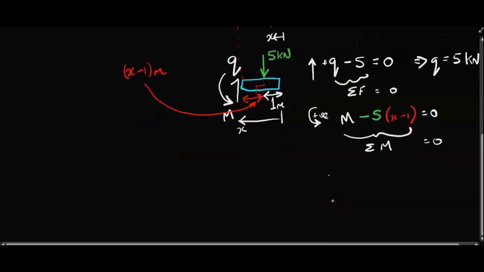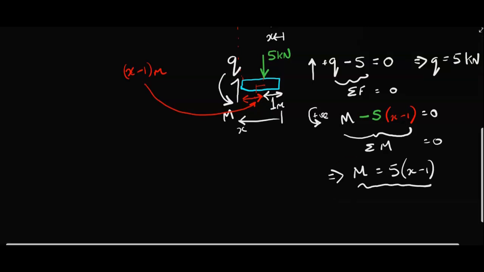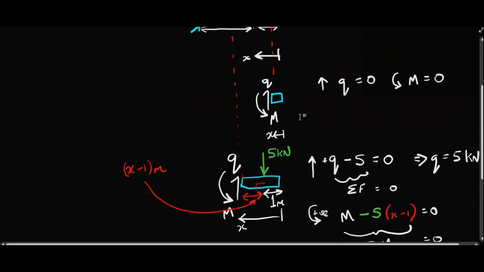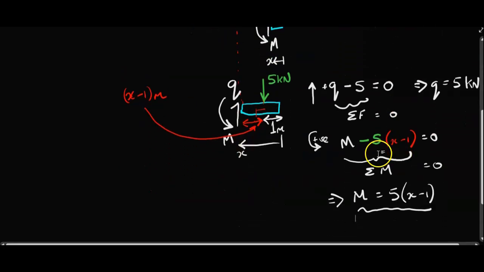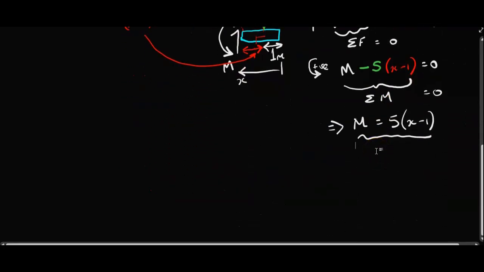So if we rearrange that equation, then this implies that the moment at the cut is equal to 5 multiplied by the distance x minus 1, and that gives us our equation. So we've got our 2 equations for the shear force and bending moment at the 2 different cuts. So that enables us then to